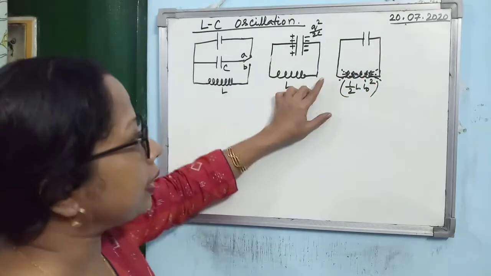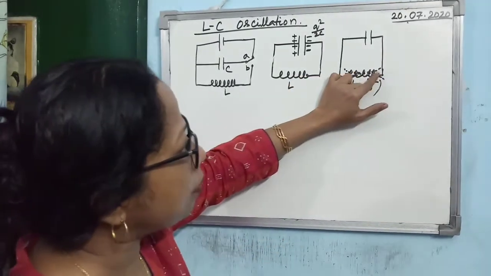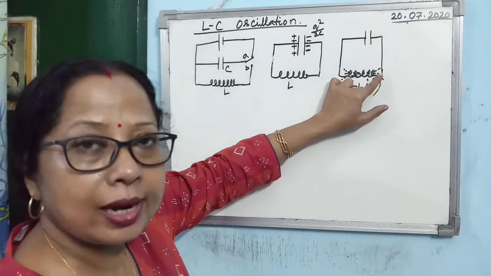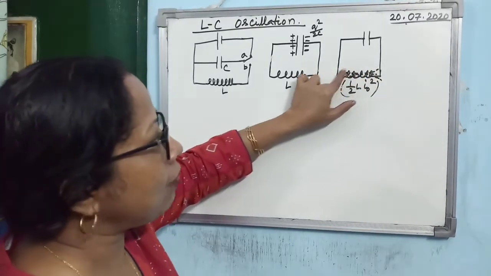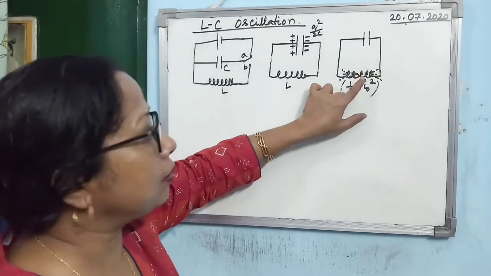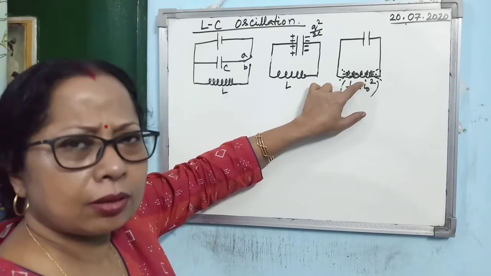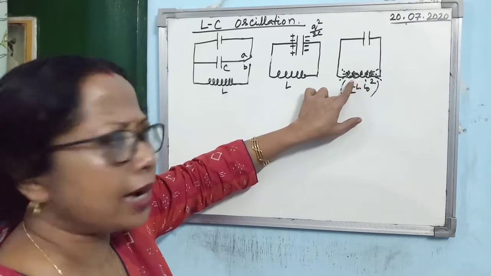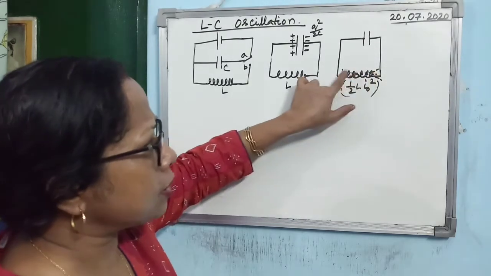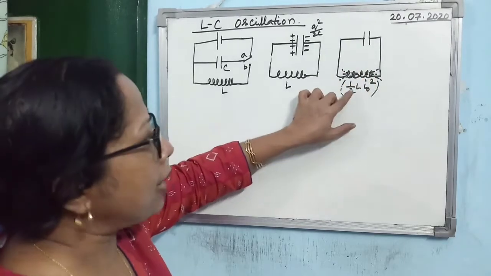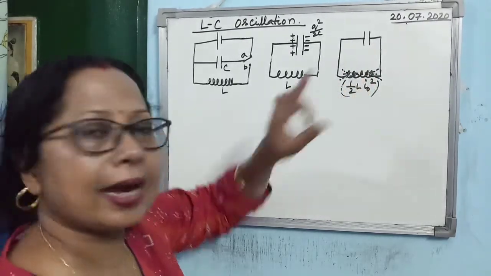That's why I hope you can understand. I have drawn the magnetic lines of force. So you see, it will behave like a solenoid, because you know that in case of a solenoid the lines of force are like this. And what will be the energy? Half L I naught square.